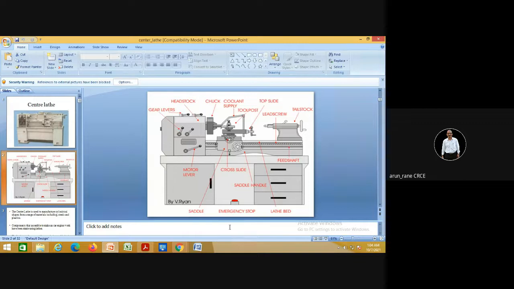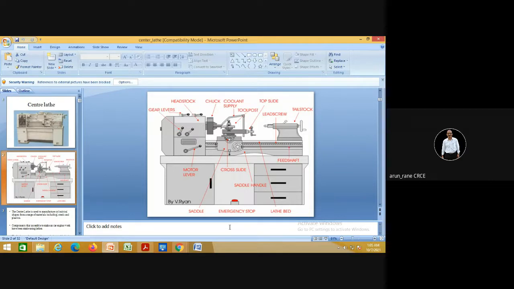We have two CNC computerized numerical control machines. One is a CNC lathe from LMW, Lakshmi Machine Works, Coimbatore, India. Then we have a CNC vertical milling machine from BFW, Bharat Fritz Werner, again India. Control is from Siemens for the lathe, and Fanuc 6M, which is from Japan, for CNC milling. Those two machines are functional very well.